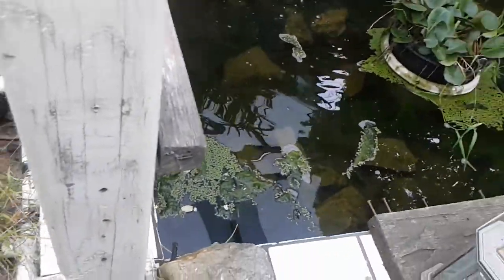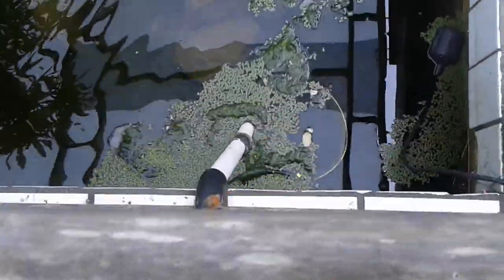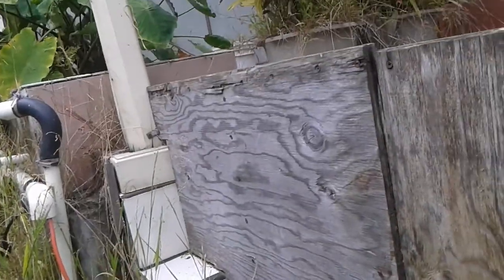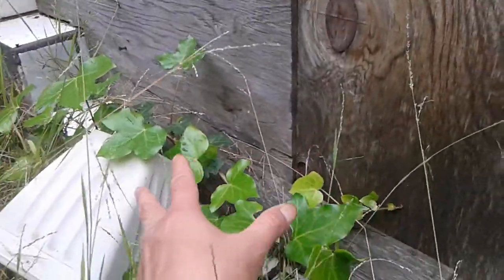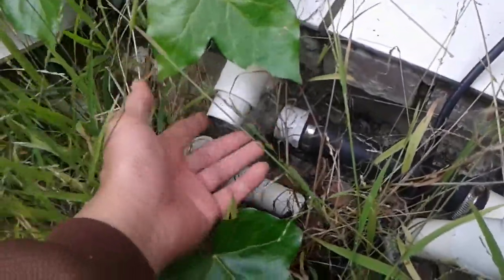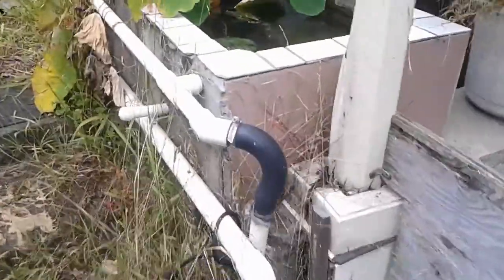So the filter kind of pumps through a pump. Here's the outlet, and then this is where it comes through. This filter is actually a submersible, but there used to be one out of water, and it's still hooked up. And basically I would have to prime this to get it to flow. And there's even a valve here for when there were potters. There were potters there, and he had valves for the potters. But basically, with this one I had to disconnect the hose, turn on the pump, and the water would start coming out, and I would hook up the hose, and it would prime it up and push the air out